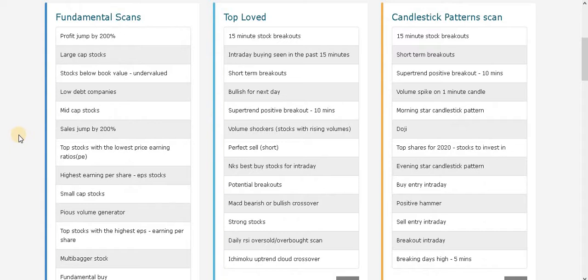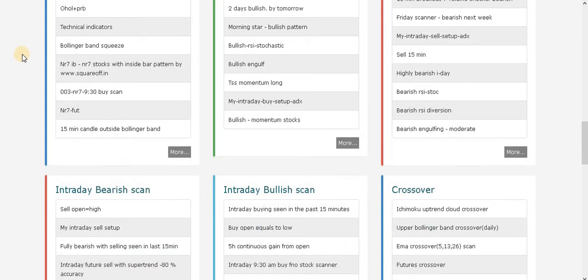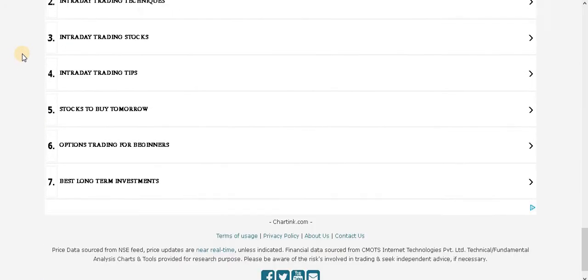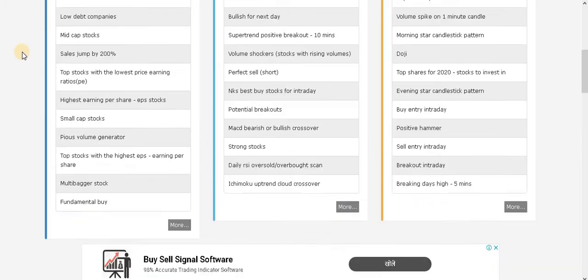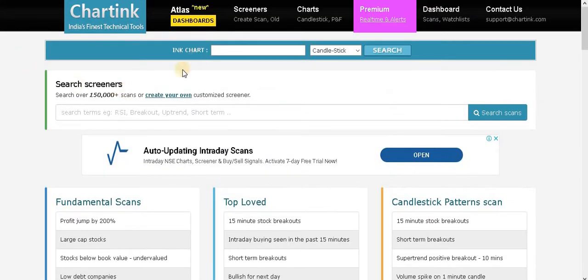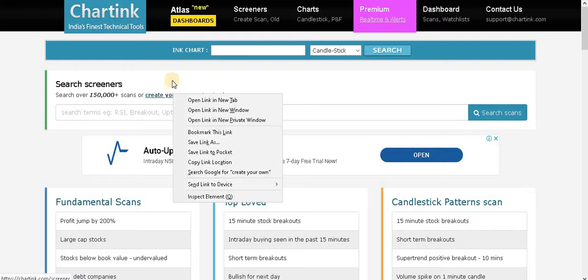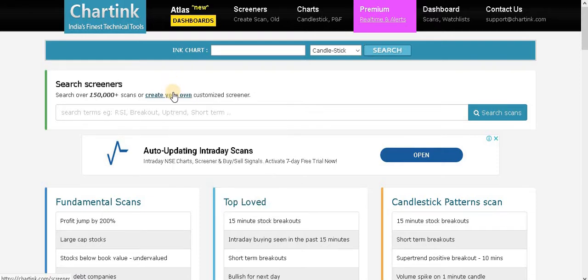So even if you are not an intraday trader, and you want to trade long or short, there are various predefined screeners with the help of which you can decide what is to be done. But as we have to customize our own screener, we are going to build our own screener through this link.